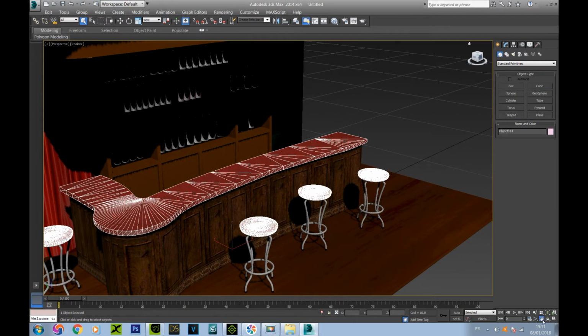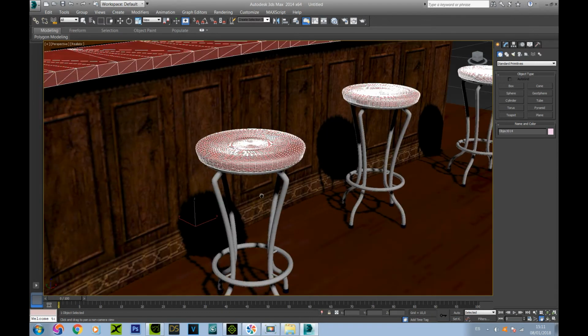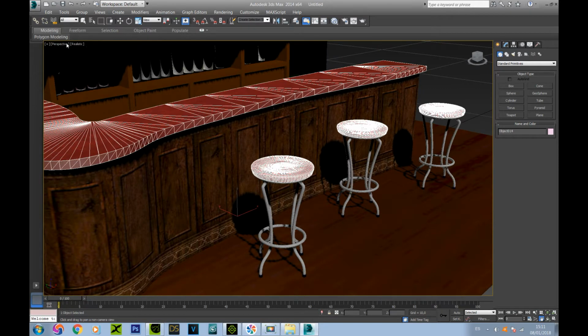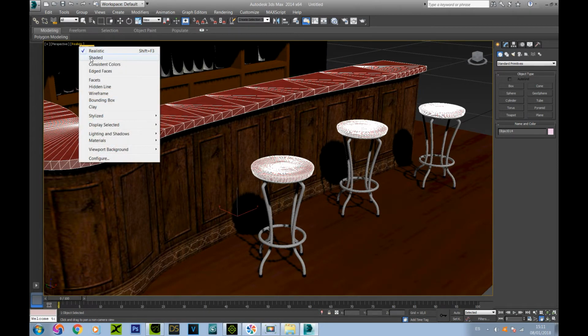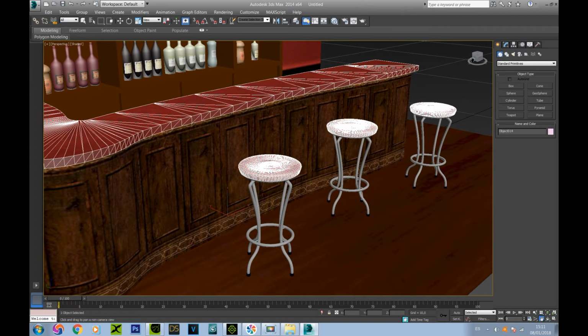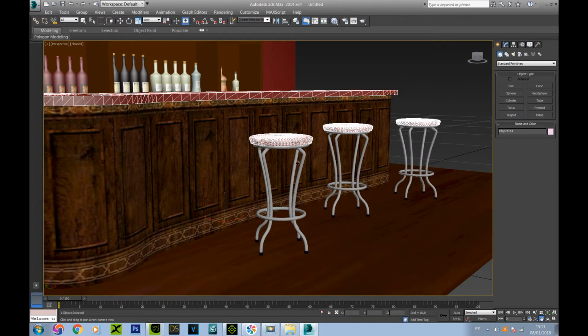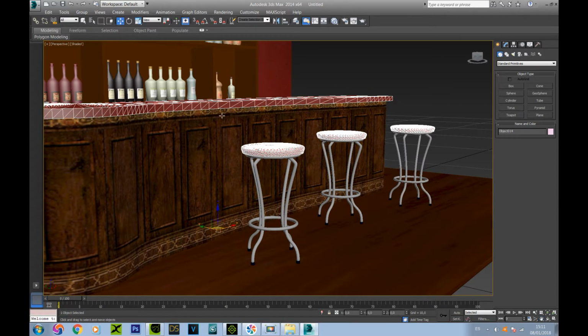So how do I separate them? It's actually not that difficult at all. For example, this was the one I separated. First of all, I changed the view from realistic to shaded, because I don't need shadows. I need to see everything all the time. So there we go. For example, we choose the top of the chairs here,